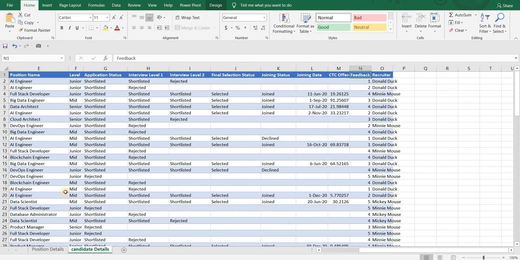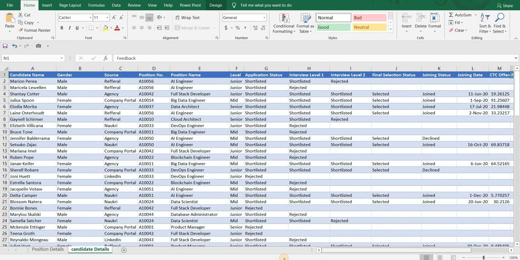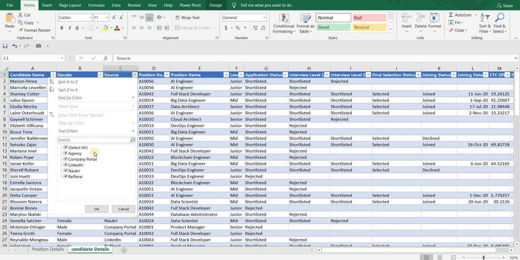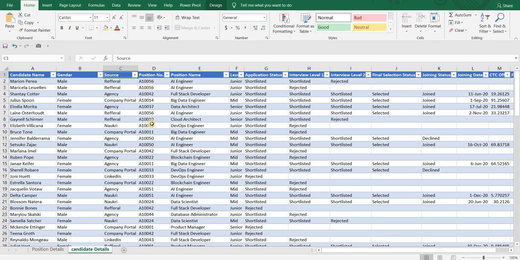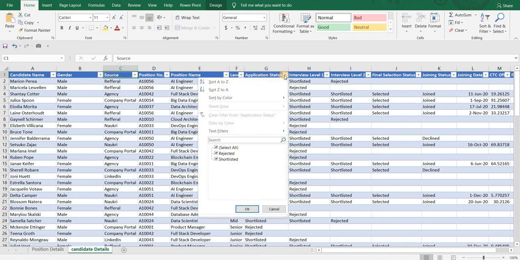Let's move to the next sheet, which is candidate details. Here, we have candidate name, their gender, source from which the candidate was processed, so it can be either agency or referral or Naukri or LinkedIn or company portal. Position number against which that candidate was processed, position name, level, application status, whether it was shortlisted or rejected.